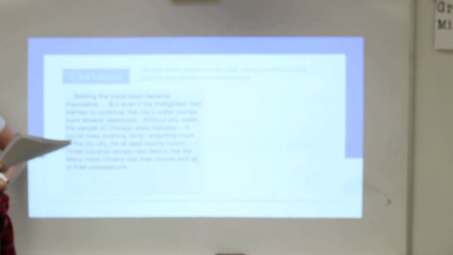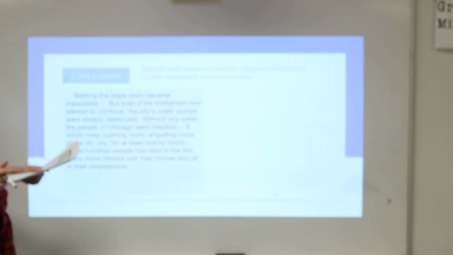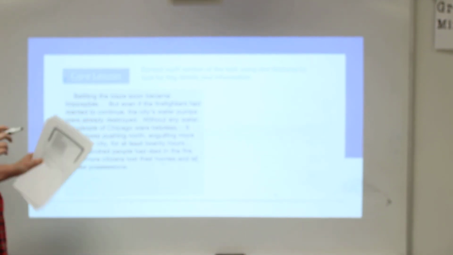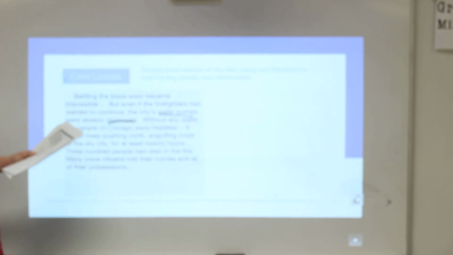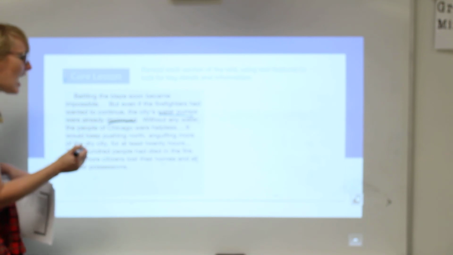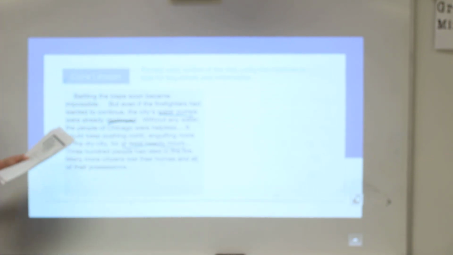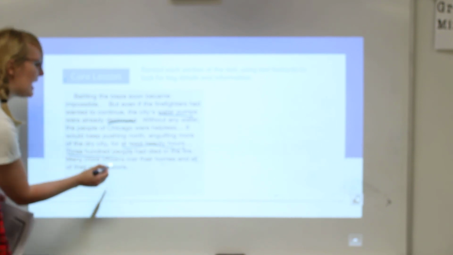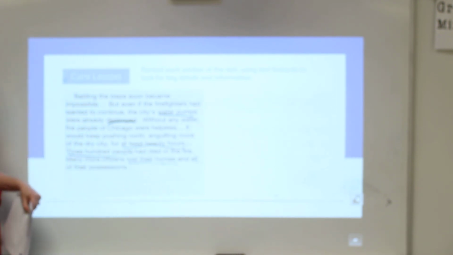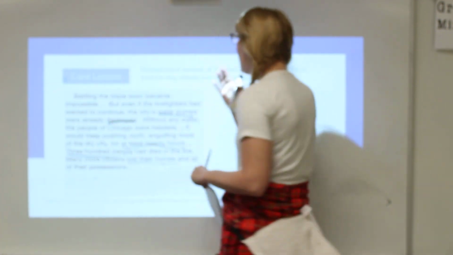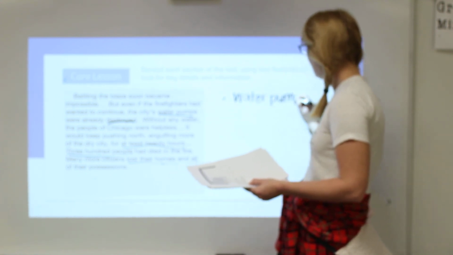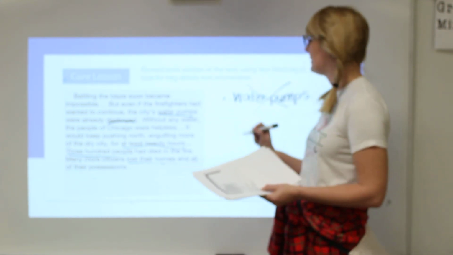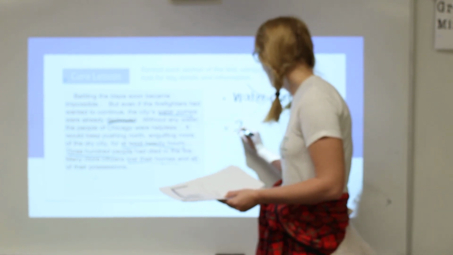300 people had died in the fire. Many more citizens lost their homes and all of their possessions. So now it's becoming harder. We can see the water pumps were destroyed. We can see that the people were helpless. It burned out of control for at least 20 hours. We can see 300 people died and many lost their homes. I'm picking out what's important. And now I can put those things together. Water pumps. And since these are notes, I don't have to write it out. That tells me they're gone. 20 plus